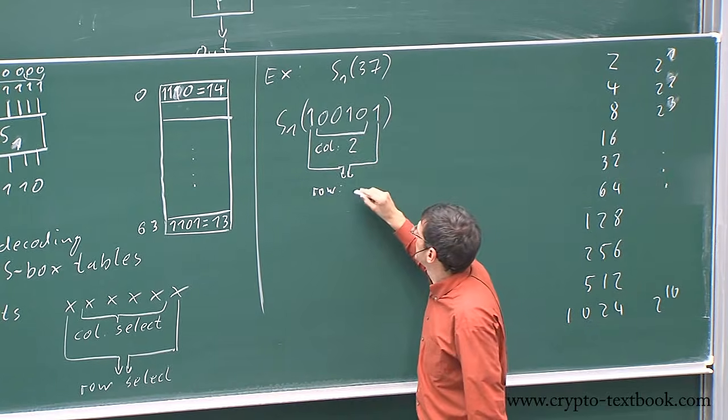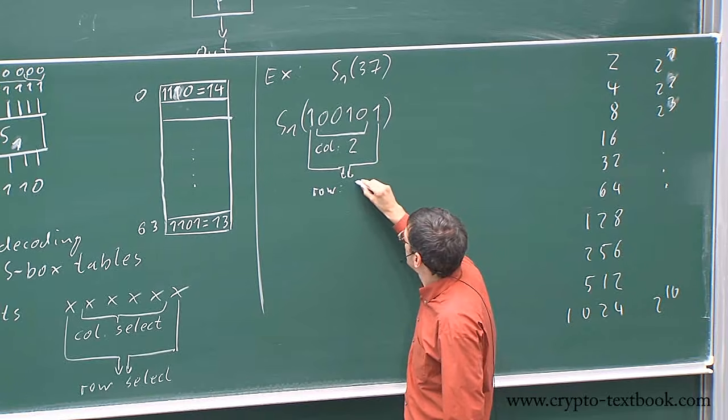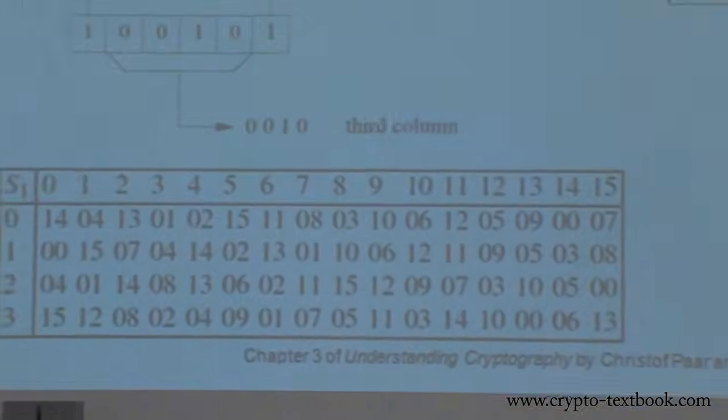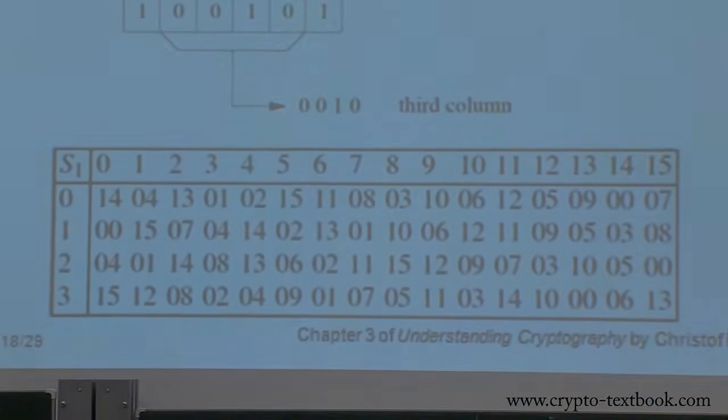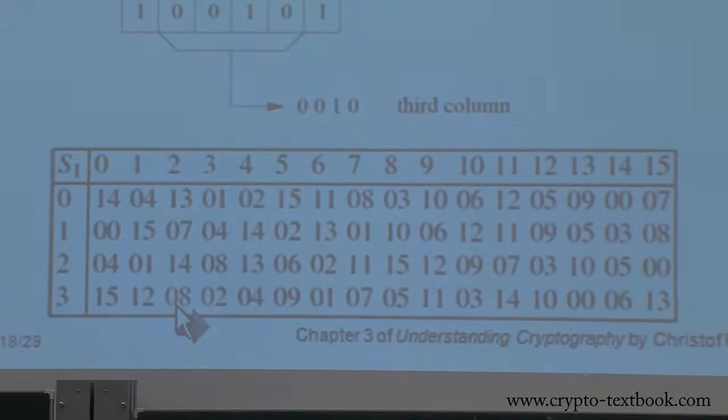Row is the binary 1, 1, which is the decimal 3. That means we are in row number 3. That means we're here, and that means the output is this. Do you see that there? It is the 08. Okay, so the output is